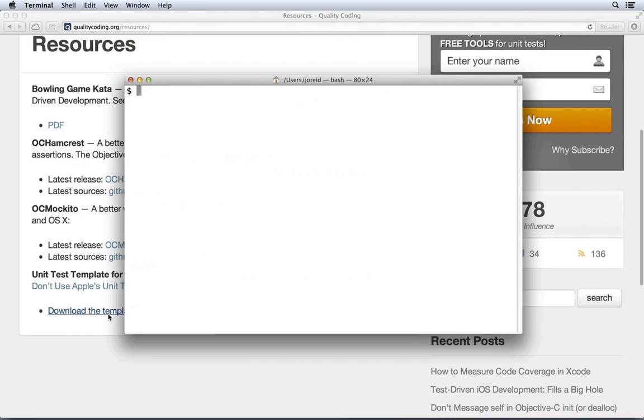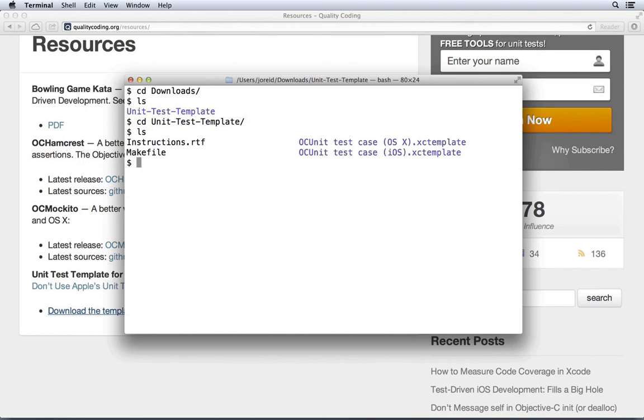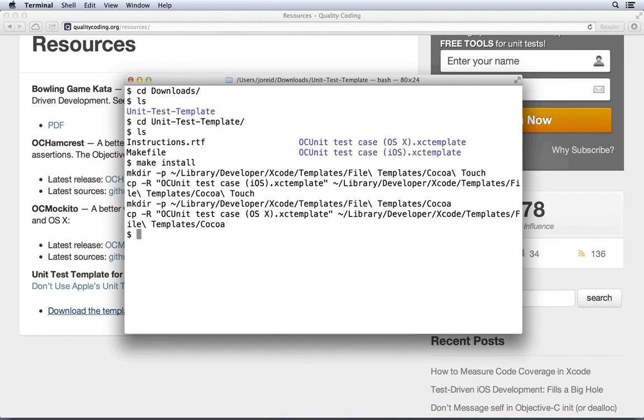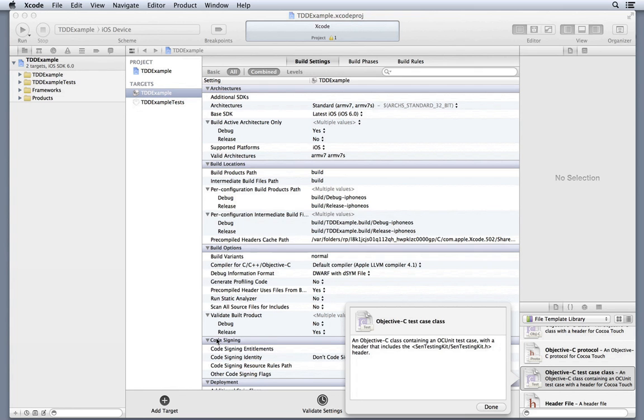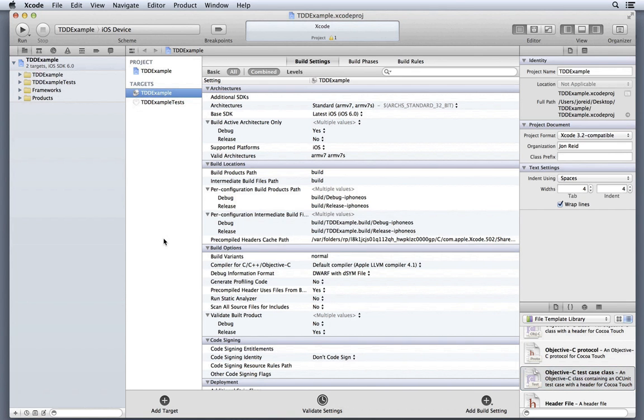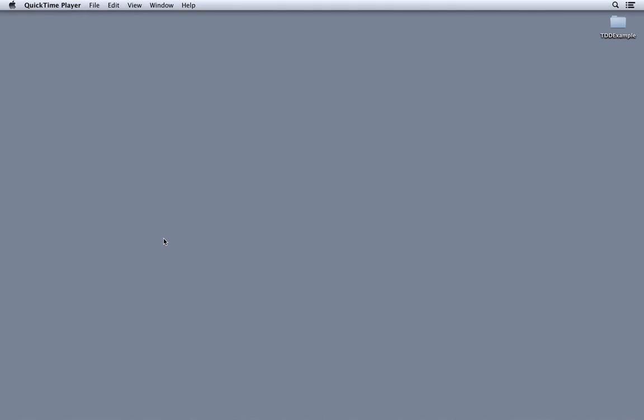Now, go there in the terminal and we'll do a make install. It shows you what's installed where. And with that, let's quit Xcode so it has a chance to find that new template.